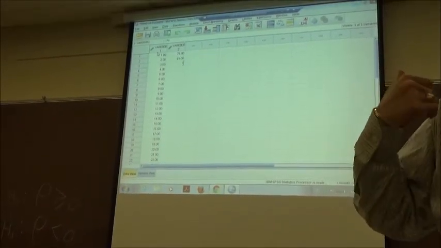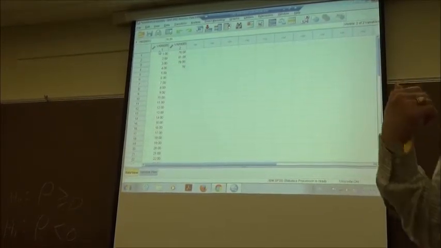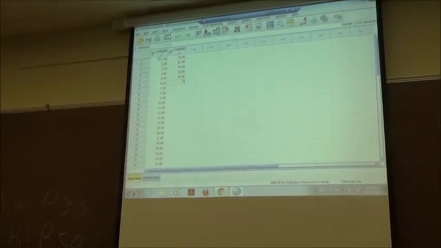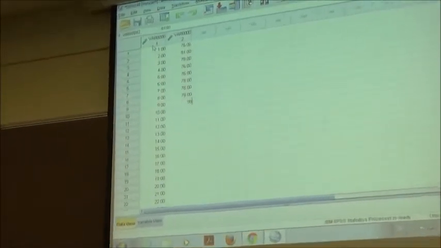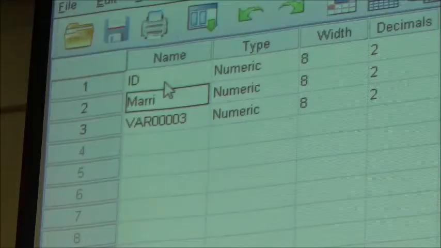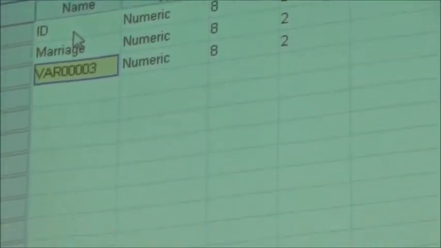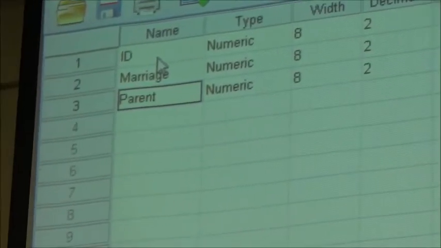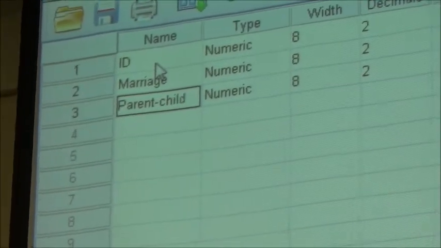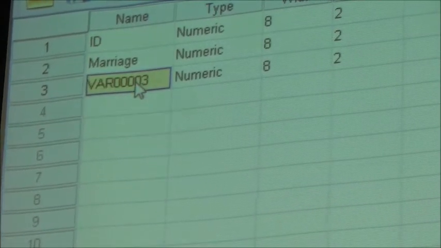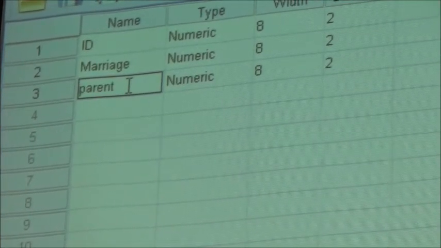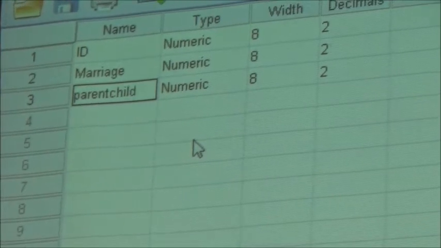Can someone please double check the accuracy of data? The second one is parent-child. No, all one word. Just parent. Parent-child, one word. That's good.